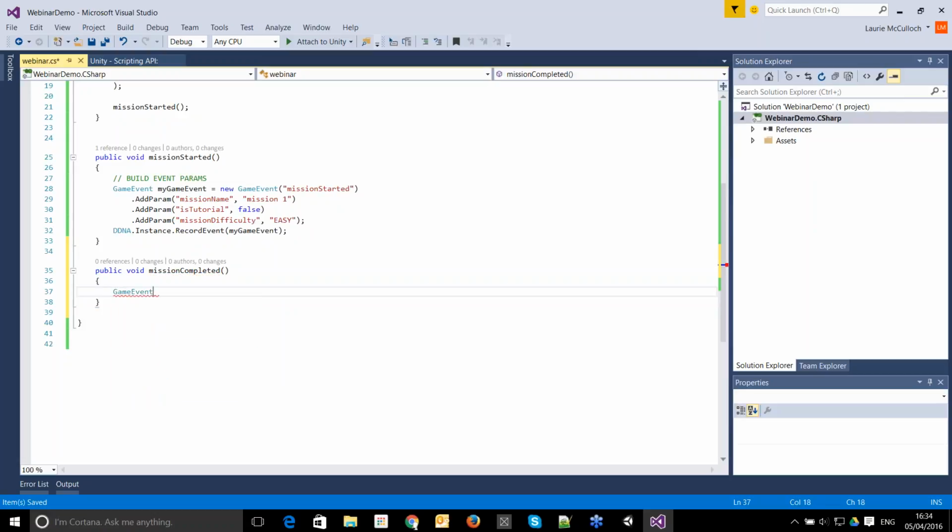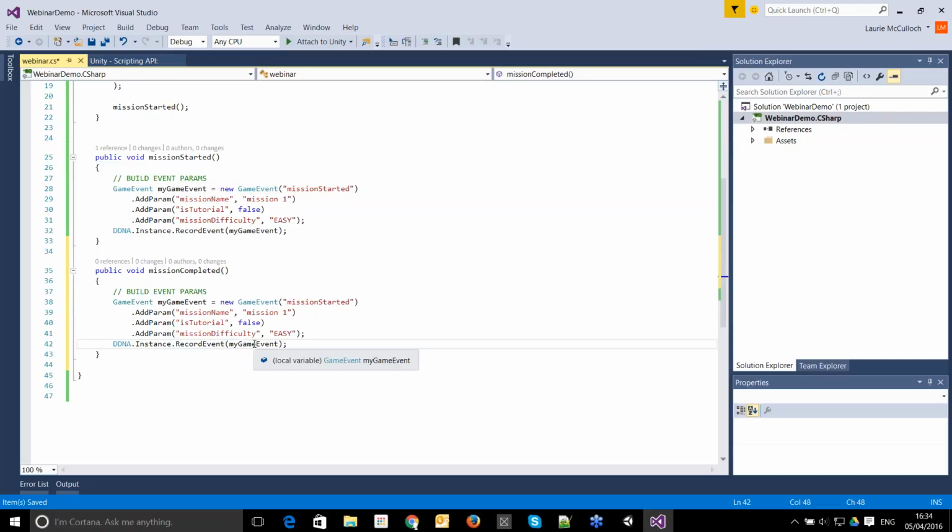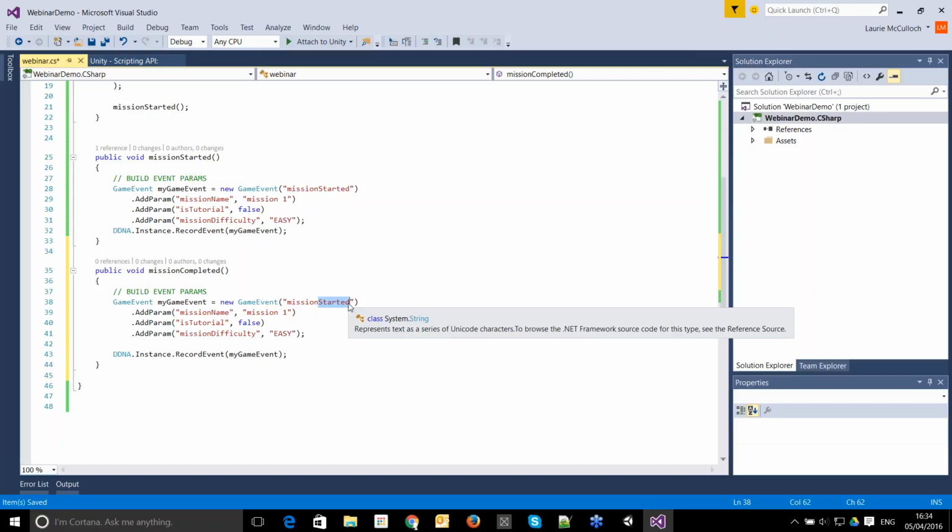We're going to create a game event. In fact, I can even save myself some typing here. Let's just grab that whole lot and reuse it, but this time round we'll say the event is called mission completed, and we're going to add in some more parameters. The first thing we've got to do is add in a reward